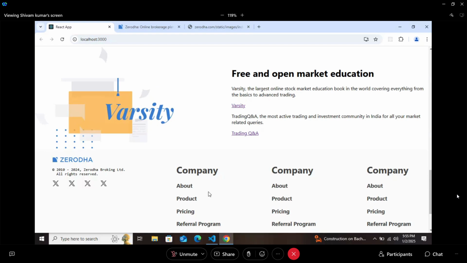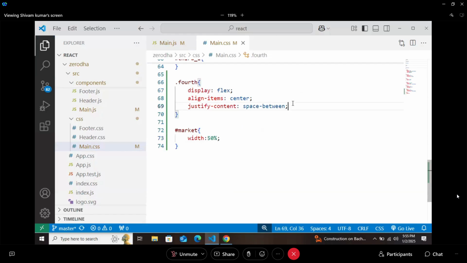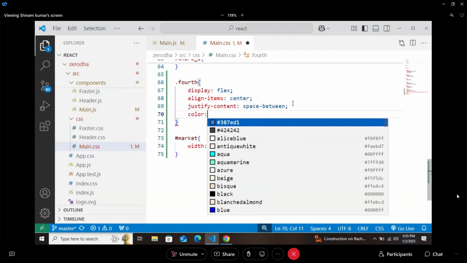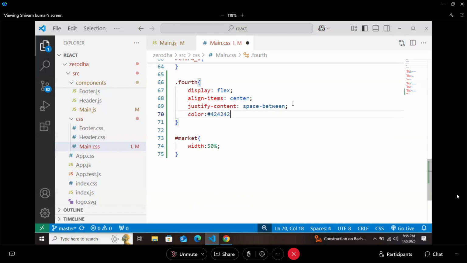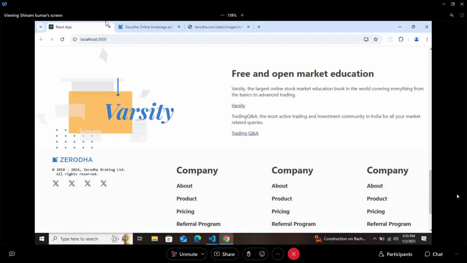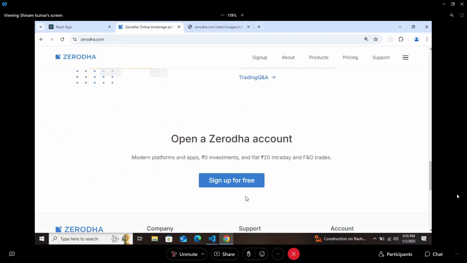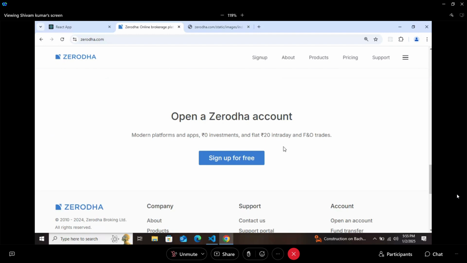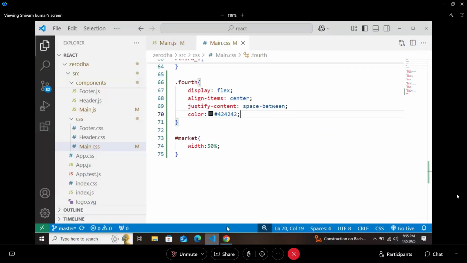Color, obviously you can change. So you can change the color of parent only. They will accept it also, right? Now there is a large section, simple heading, paragraph and button, but we'll design it.